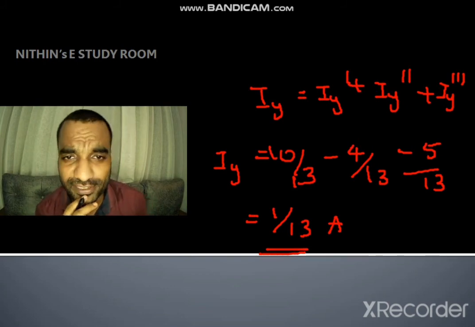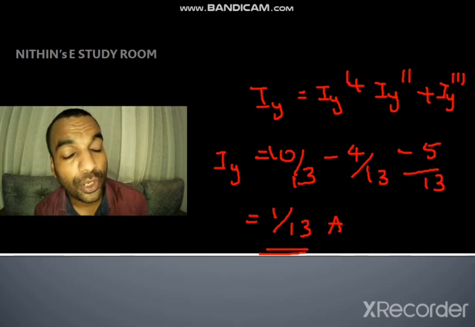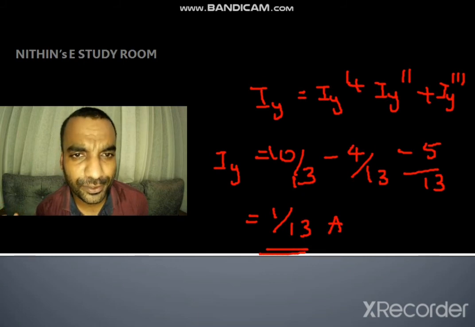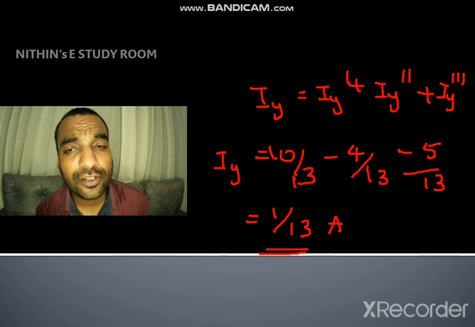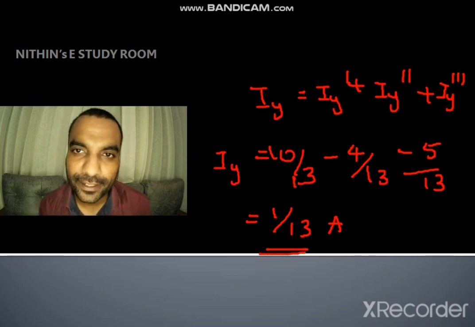Okay, so this is the case. Now there is one more interesting thing. As the question is asked with you to use the superposition theorem, you have to do all the 3 subcircuits. But if the question is not asked with the superposition theorem, you can find the answer with a single step. How can you find that? Any idea? Okay, I will show you how you can find it in a single step.